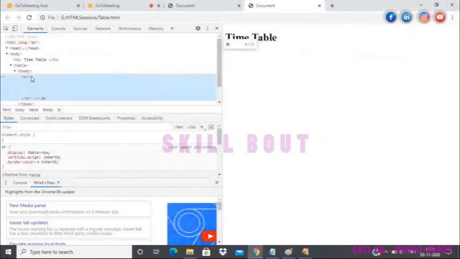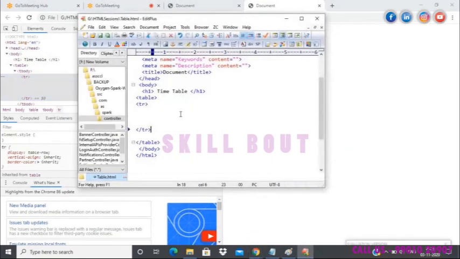Since we don't have the border, what I will do is go to this one and make use of some CSS style equal to, I have to provide a border. I'll first have to select the size of the border, then the format, solid, black.